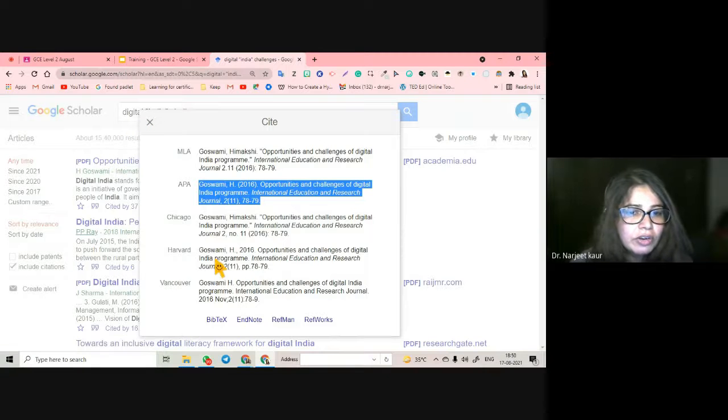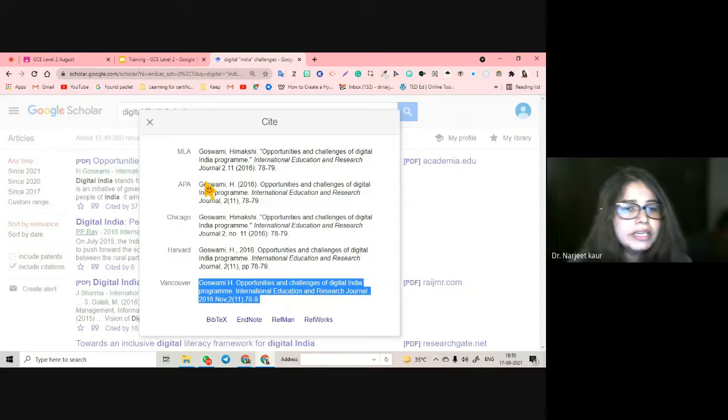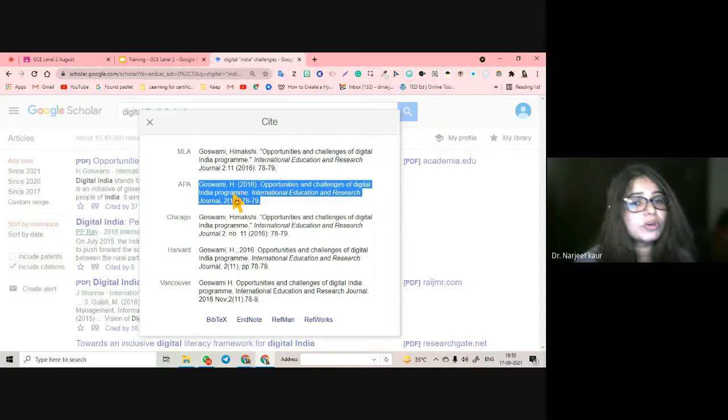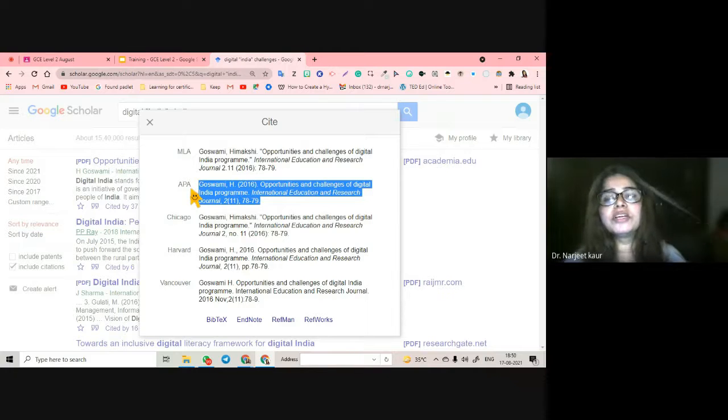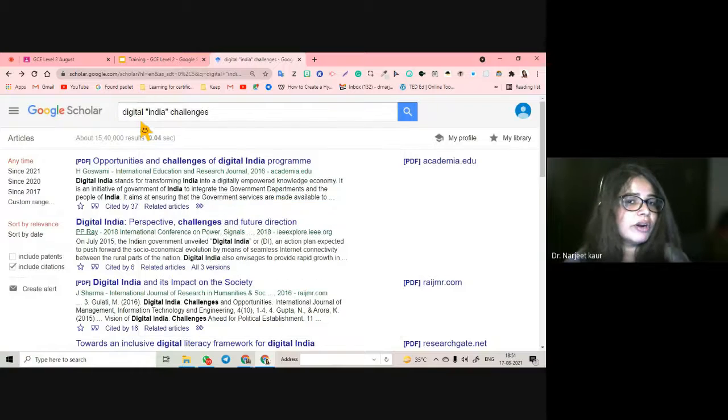You want Harvard, which is very old. Ab Harvard kahin nahi chalta, na Vancouver chalta hai. But APA is very, very important. MLA is very important. These are the two styles that are quoted in research papers. I recently wrote a research paper using APA. It was very appreciated. I wrote it online and it was really well received by the audience. And I had cited everything from Google Scholar. This is such a good site if you are writing research papers.